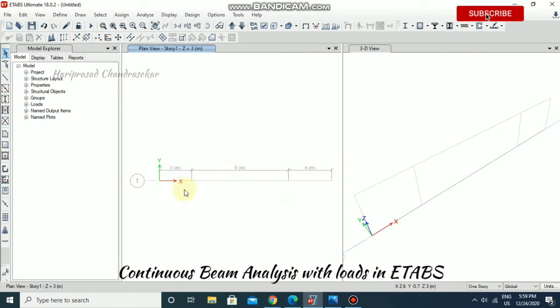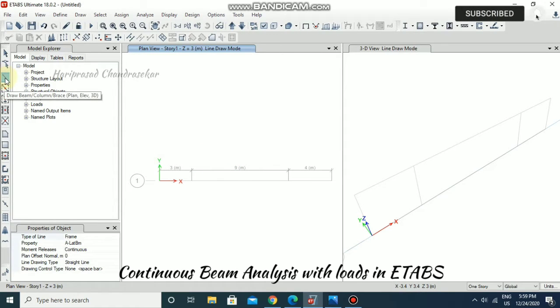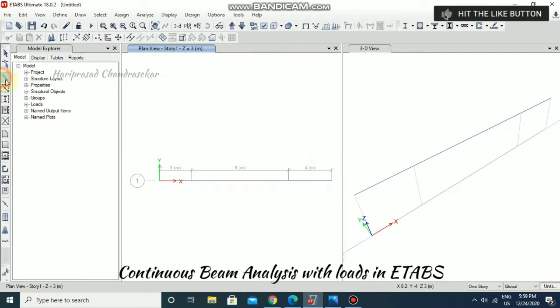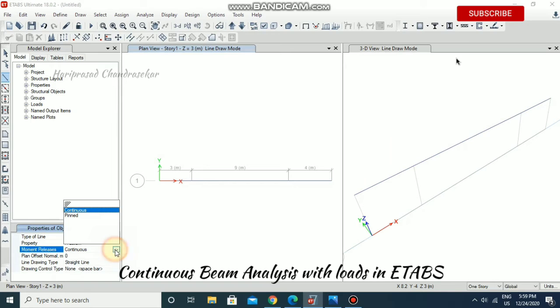So now we have got the grids. We are going to draw beams. For beams, I'm just going to take this option, lateral beam by default, and draw the beams. So I did it continuously and then escape. You need to consider the continuous option here, so it will be better. Now we have created three beams.